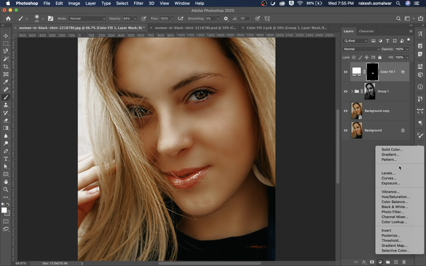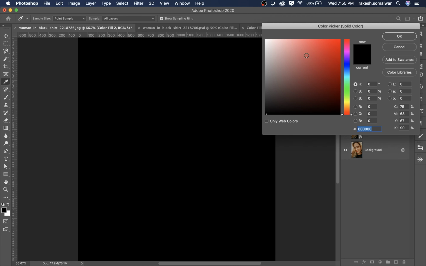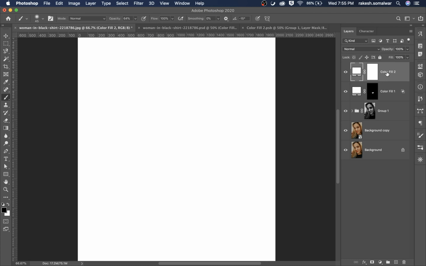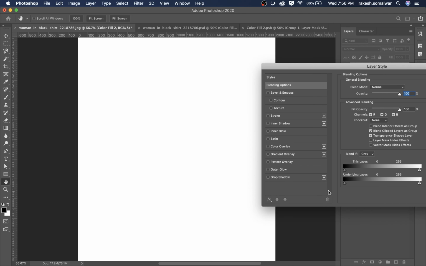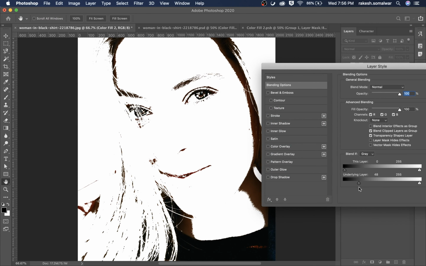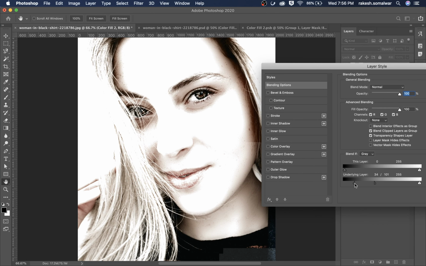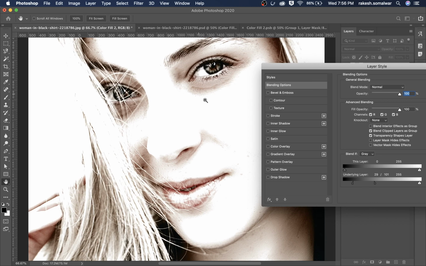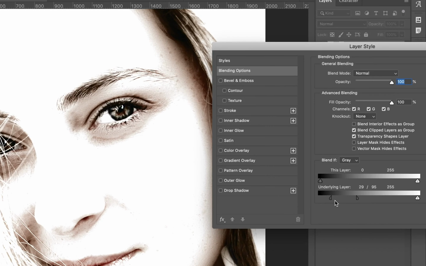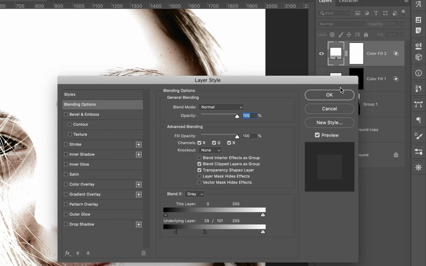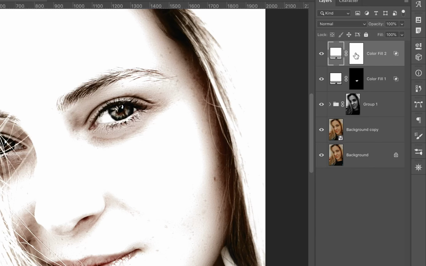And I make one more color fill with white, and go to blending options, same with eyes, and this time I make it lighter because I want the eyes a little shiny. So same thing, you can adjust the eyes according to your requirement. This is fine for me.